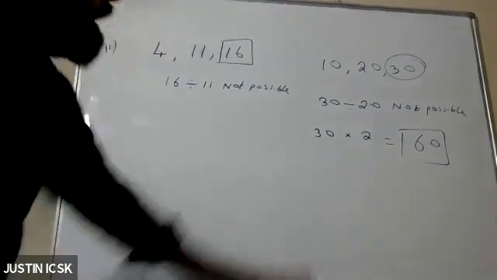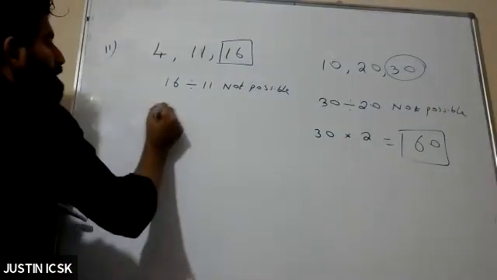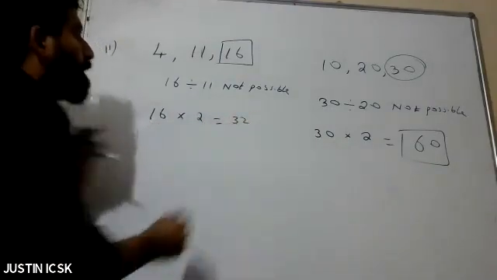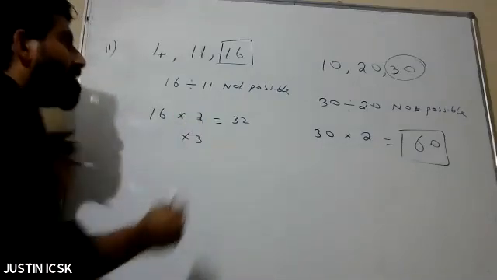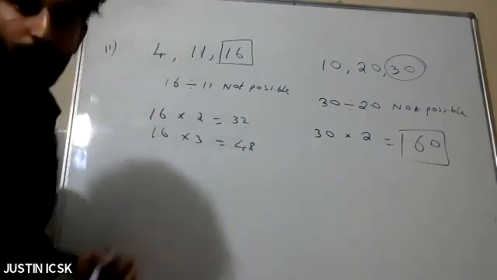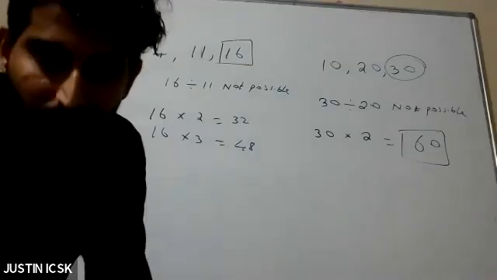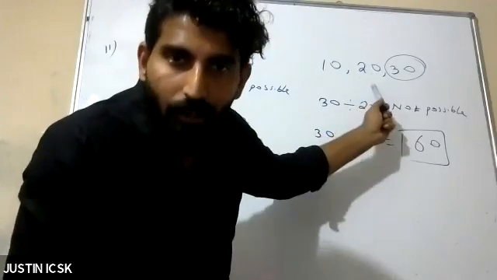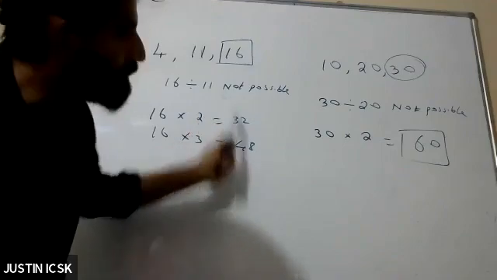Okay. Then here I told, if 16 by 11 not possible, take this 16, multiply by 2, okay, 32, but still not possible. Then I told if 2 is not working, multiply by 3, then 48, but still not possible. If you do like that, 2 also won't work, 3 also won't work. You know what's the reason? This is a compound number, okay? This is a prime number. This is a prime number. That's why we are not getting it.